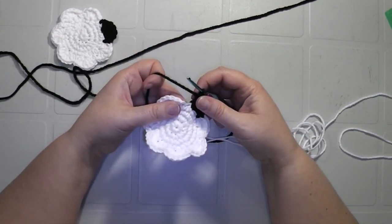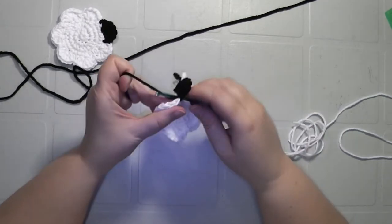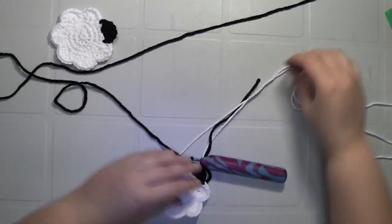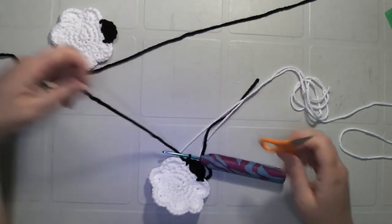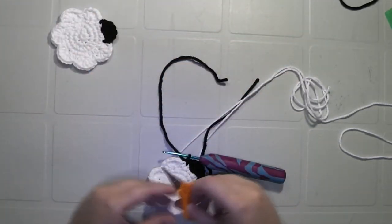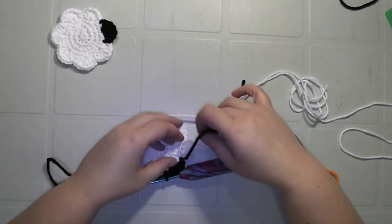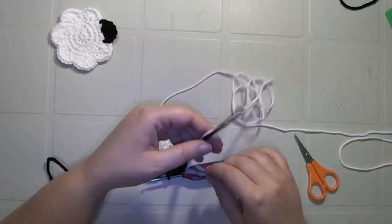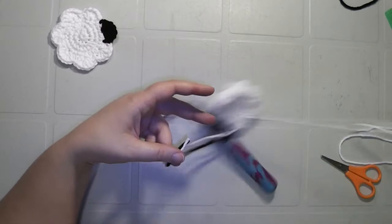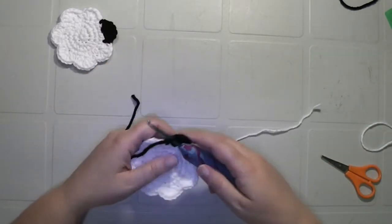So what we're going to do again, we're just going to do one last single crochet. We're going to skip that first stitch and single crochet into the second stitch. And what we can do is we can take our scissors, give yourself a little bit of a tail, cut off the black yarn, and we can also turn it around, cut off the white yarn here. I usually just make it the same length as the black was, just so I know I'm not making it too short. Okay, so we have cut all our tails off,